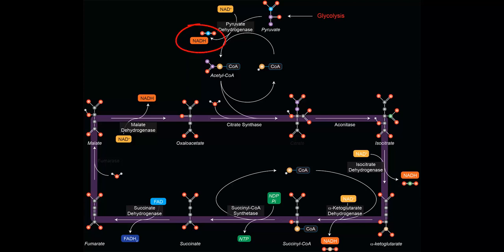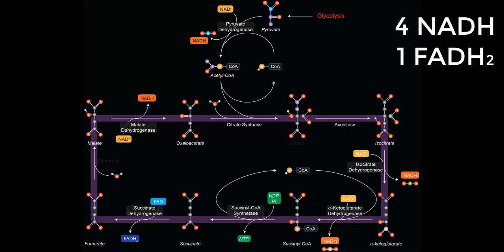So before we even get into the TCA cycle, we have produced one reduced cofactor. During the TCA cycle, we produce another 3 equivalents of NADH. In addition, we produce one equivalent of FADH2. So if we put all the pieces together here, for each pyruvate, we produce 4 equivalents of NADH and